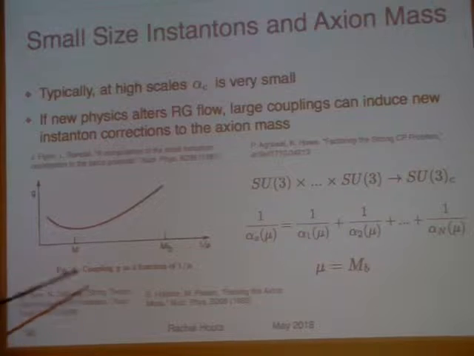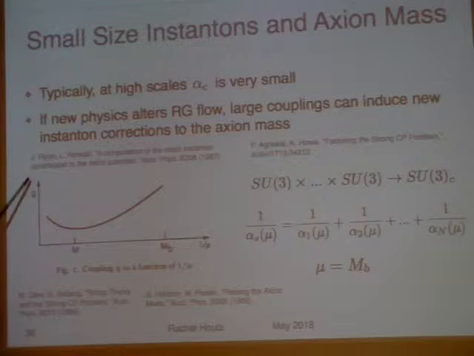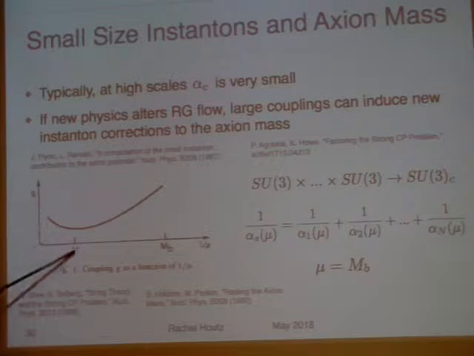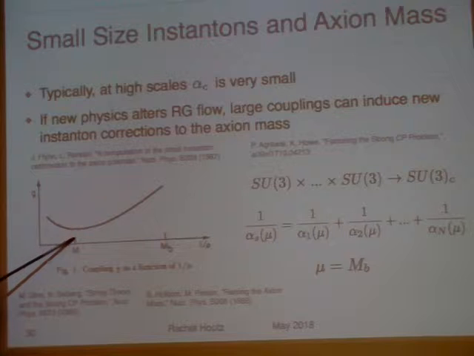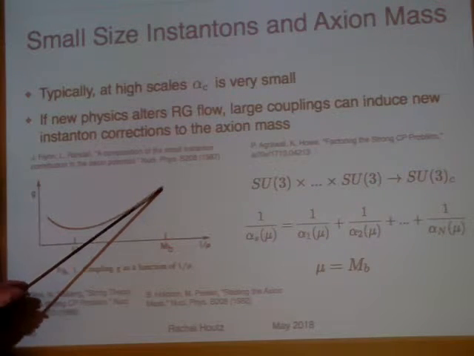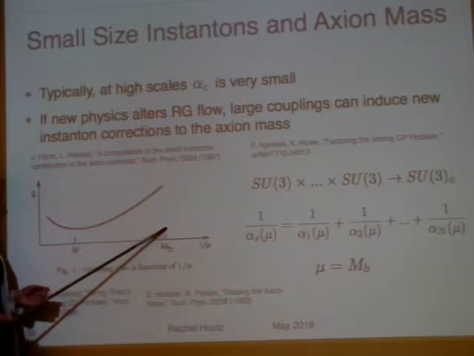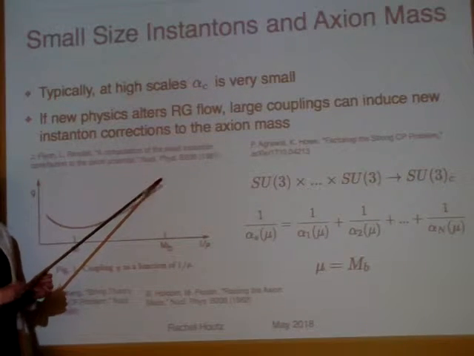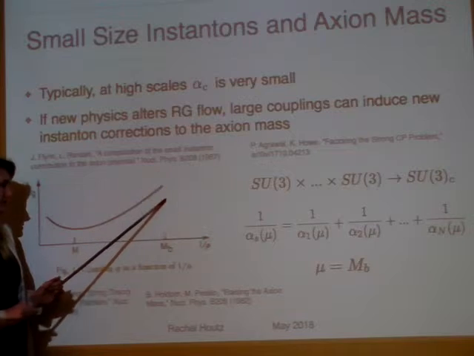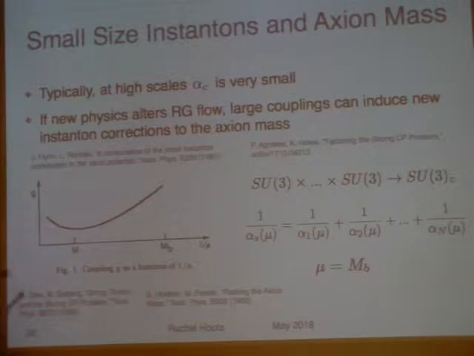A long time ago, this was predicted by Dine, Seiberg, Pulmann and Peskin. And then Flynn and Randall actually computed these instanton effects and how they affected the axion mass. Flynn and Randall assumed that at some high scale M, there's a lot of new matter content charged under QCD, so much that not only does it slow down the RG flow, but it actually reverses the sign. And so QCD starts to increase up to some scale at breaking, which they assumed maybe is living inside a GUT or something. And from here on, QCD goes really small, and they calculated instanton effects in various scenarios here.